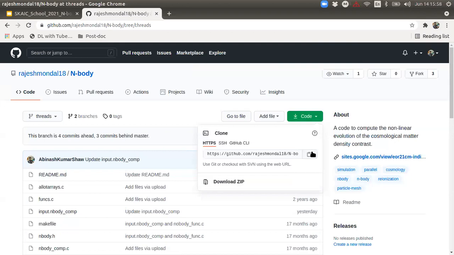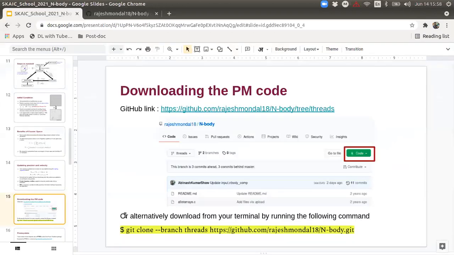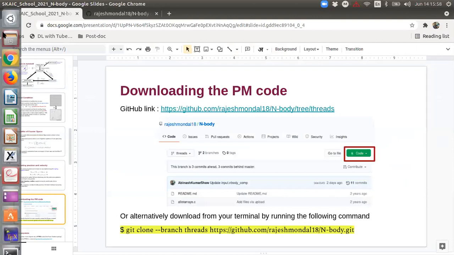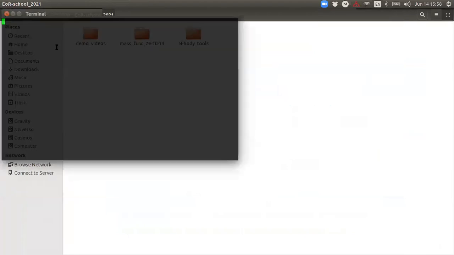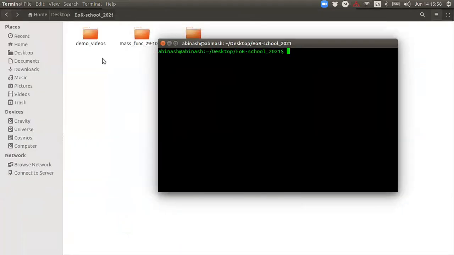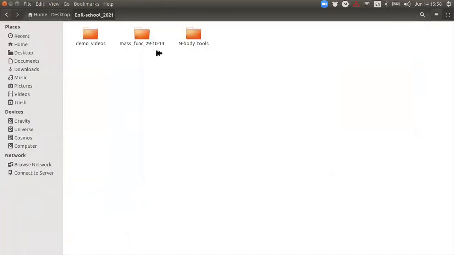Another way is to copy this link, and as you can see that it is written, you open your terminal. I will open this folder. Let me minimize this.